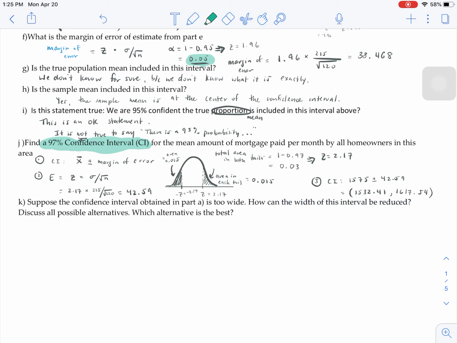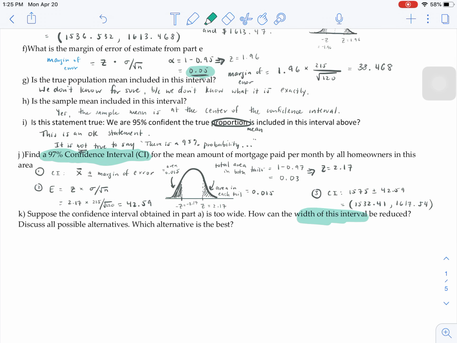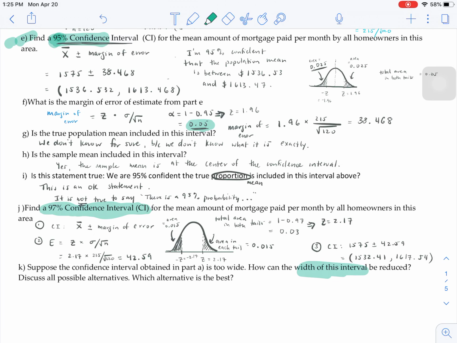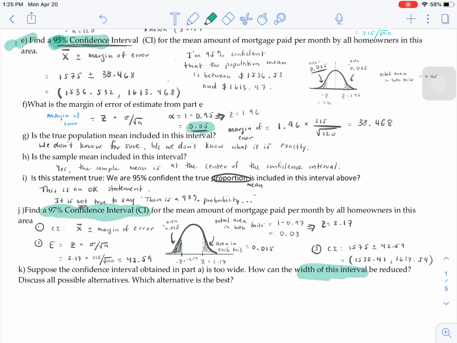Notice when we talk about the width of an interval, we're basically talking about the difference between these two numbers. If the difference between these two numbers is larger, if these two numbers are farther apart, then we say we have a wide confidence interval. If these two numbers are closer, then we have a narrower or skinnier confidence interval. So the first thing to notice is